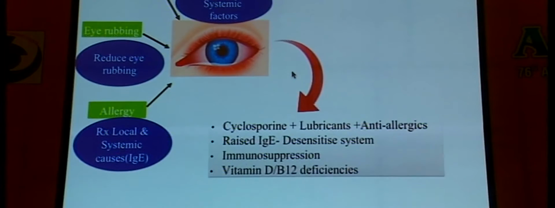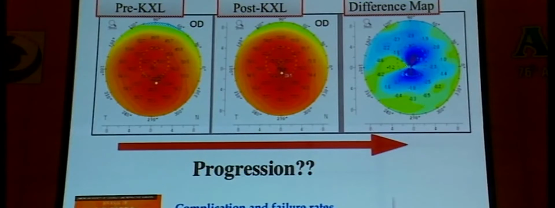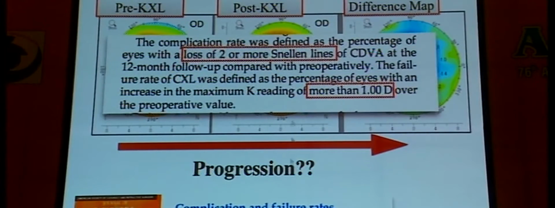So you basically have to treat it. This is what we do. I'm talking about after the procedure, and then, or before the procedure, and then cross-linking. That is something which we have to look at. So when the topography keeps changing, even after cross-linking is done, we call it progression, but this is the definition of progression. I'm sure Rushad is going to talk, but more than one diopter,